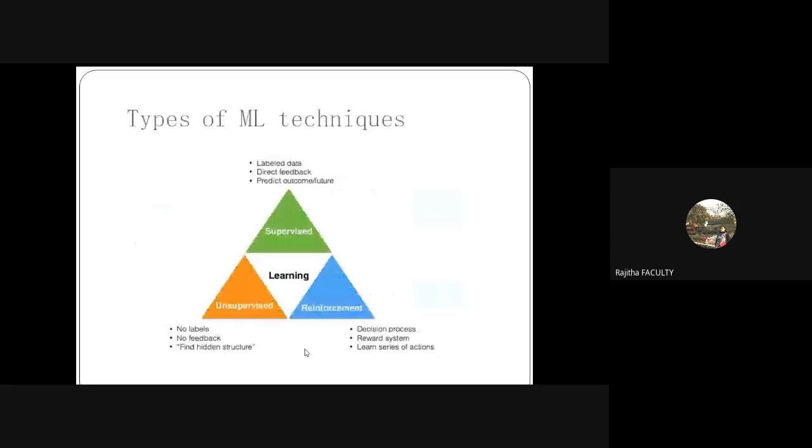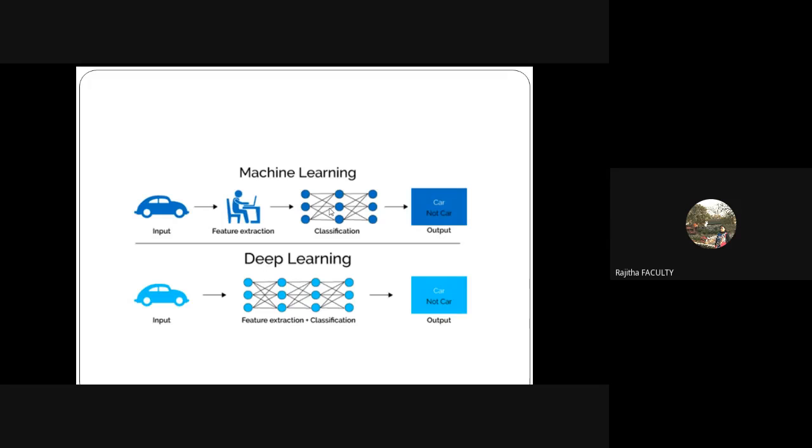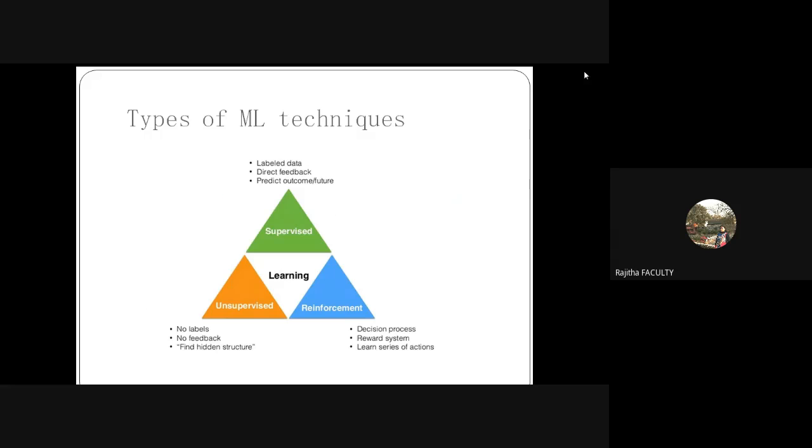Okay, now we'll see some of the ML techniques. Then I'll go with the image classification problem and how those ML techniques can be applied in image classification, and how we can resolve some of the problems through DL. So there are 3 things to be discussed now, right? So now I'll first discuss what an ML technique is. Generally, machine learning techniques are divided into 3 categories: supervised, unsupervised, and reinforcement learning.